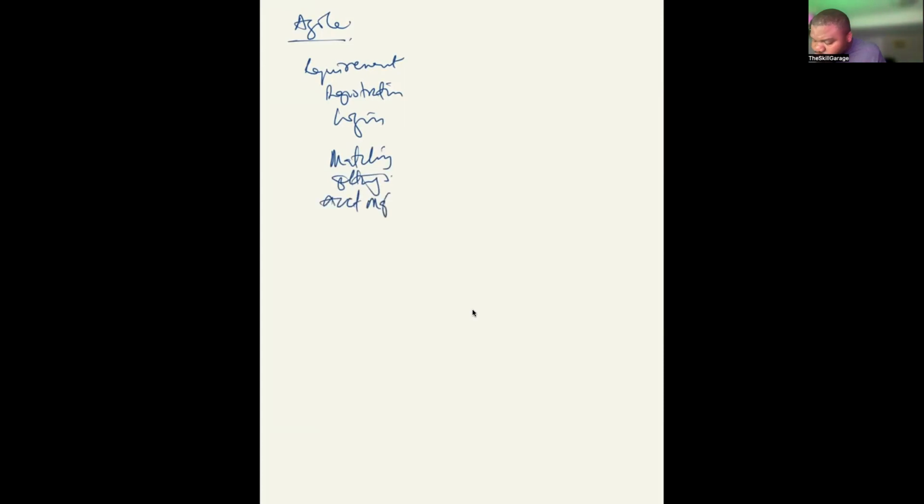So what does Agile now say? Instead of waiting to finish the whole of the requirement, if we have some requirements, while we are working on the others, so if we have registration, if we have login, while we are waiting for matching, while we are waiting for settings, while we are waiting for account management for you to get the details, while we are waiting for that, why can't we start designing this one?